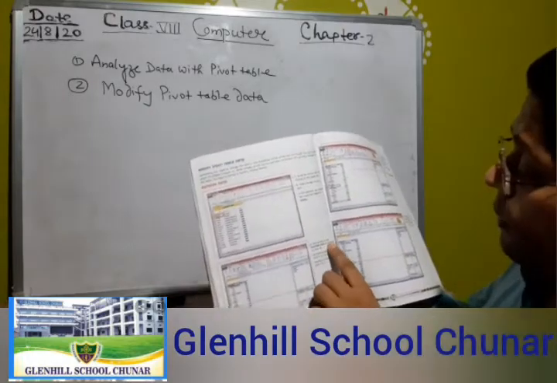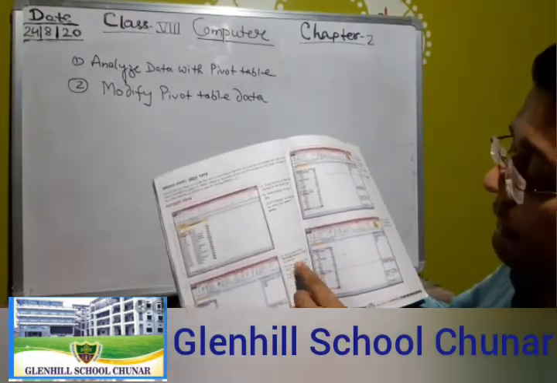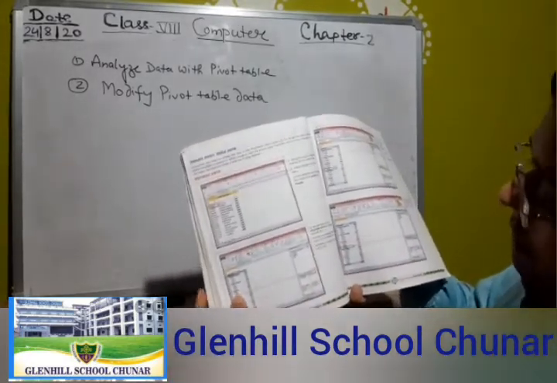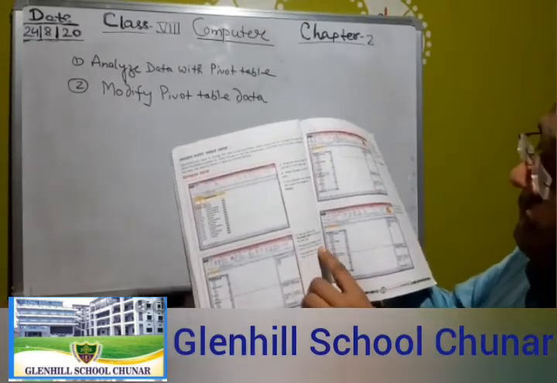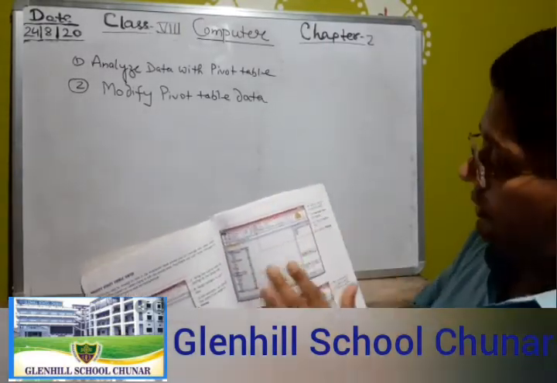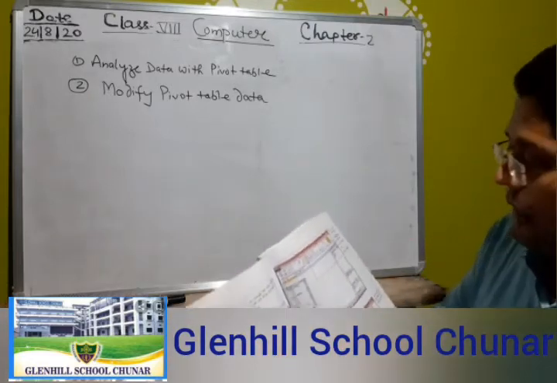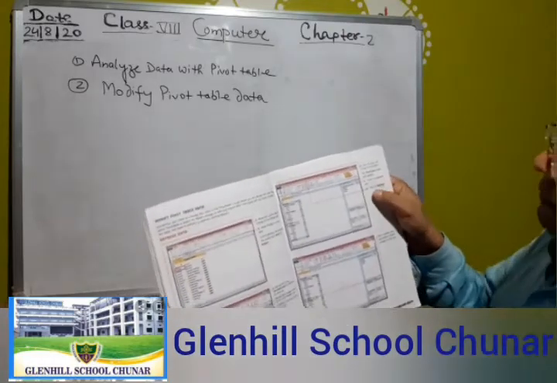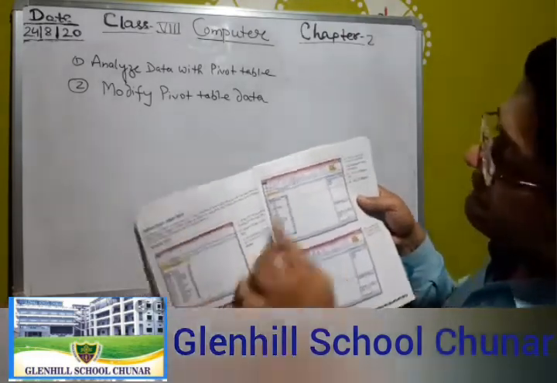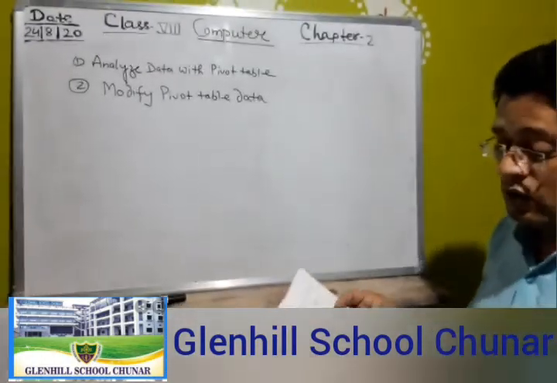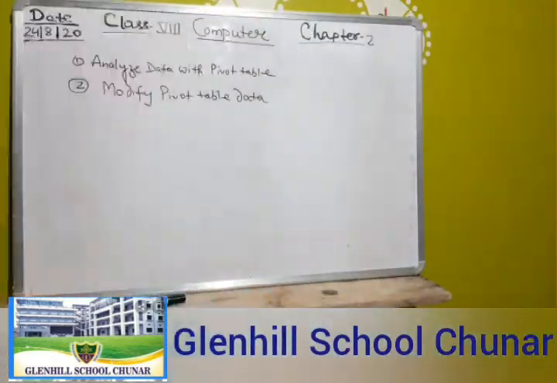Now go back to the pivot sheet by clicking on its sheet tab. The data you changed in the source is not changed here. Fourth step, click on any cell in your pivot table. Fifth, click on the Options tab, and sixth, click on the Refresh button in the toolbar. So your data will be changed, clear?